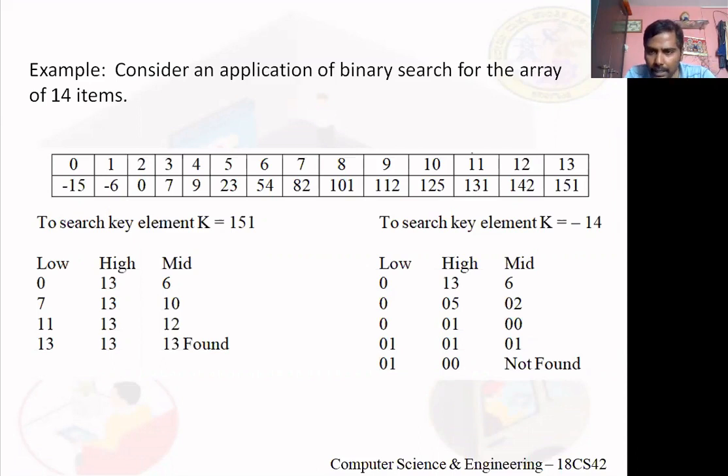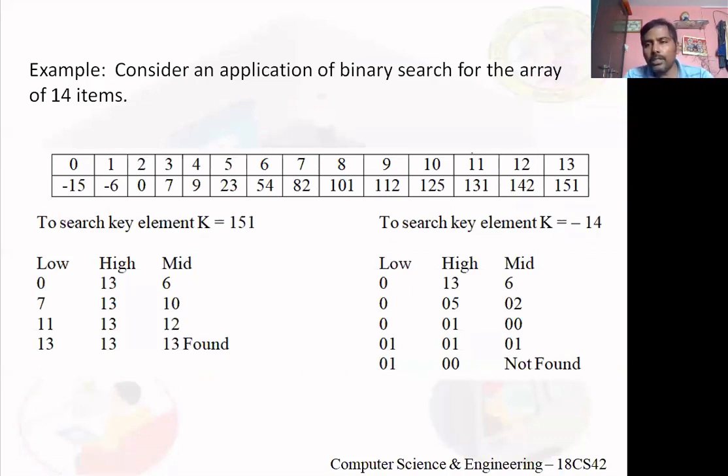So is the key less than 125, or greater than 125? It's greater than 125. So I need to search the right subarray of this subarray. The mid index is 10, but because of the mismatch I got two subarrays: indices 7 through 9, and indices 11 through 13. Got it?